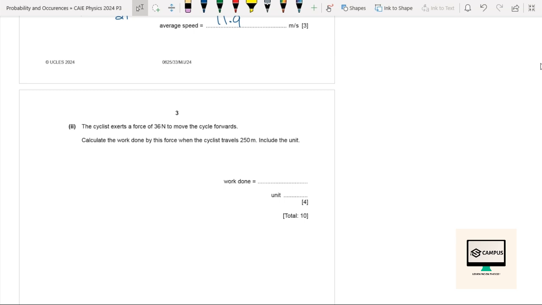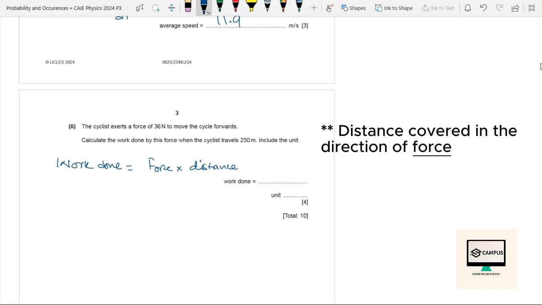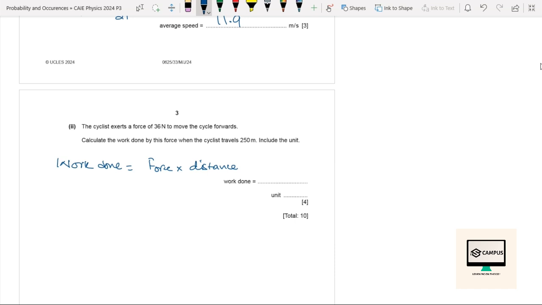So remember the definition of work done. Work done is force applied in the direction of motion. Work done is F, which is the force, multiplied by the distance covered in the direction of motion. So we know that when the force of 36 newtons is applied by the cyclist, the distance covered is in the direction of the force. So we just need to multiply the two things together. 36 multiplied by 250, which will give us